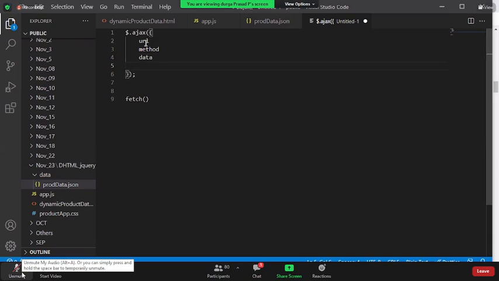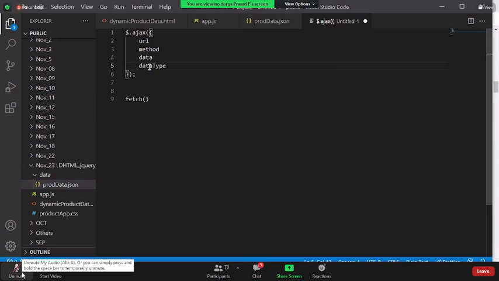What is this data? If you want to send any data to the server whenever I'm hitting the server, my expectation is not only receiving the data every time, right? Sometimes you may also send some data, like registration, or else password validation. You give your ID and password. Once you click on validate, the ID and password need to be sent to the server so that the server will check whether the given ID and password is valid or not. So those things you need to specify in the data, and you need to specify the data type.